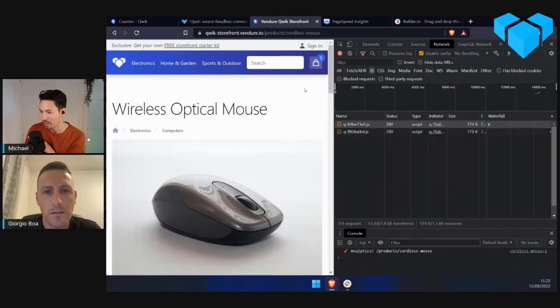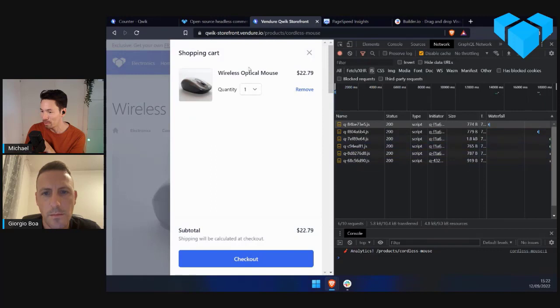So if I add something to the cart, it's now loaded these two. And now it loads more. It's so granular. It's literally deferring even the components within the shopping cart because it knows that they're not being displayed. So it doesn't even need to load this component containing the order line because there were no order lines. Now I wasn't even expecting that.